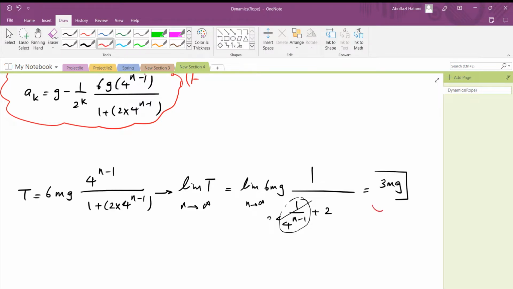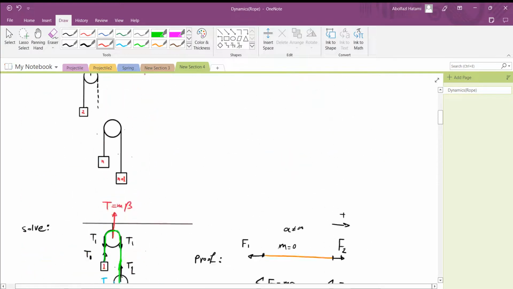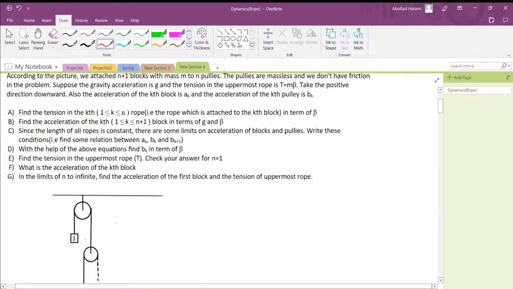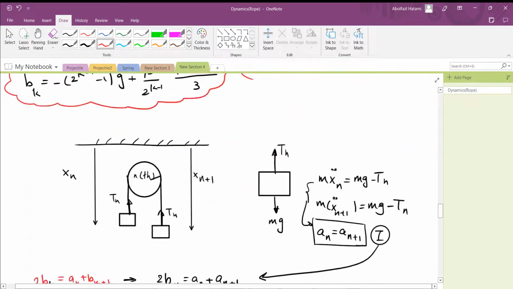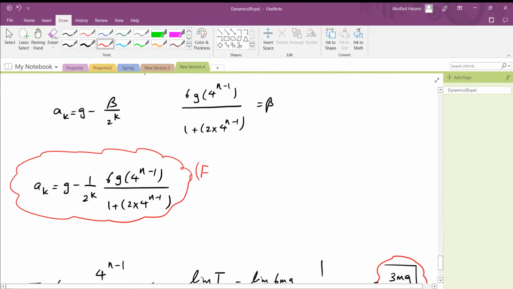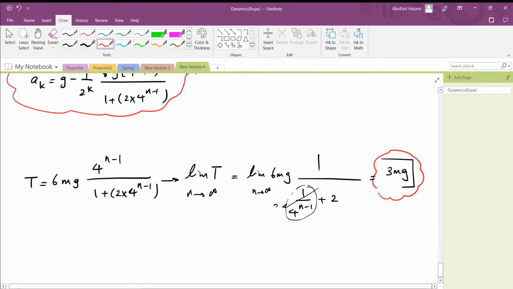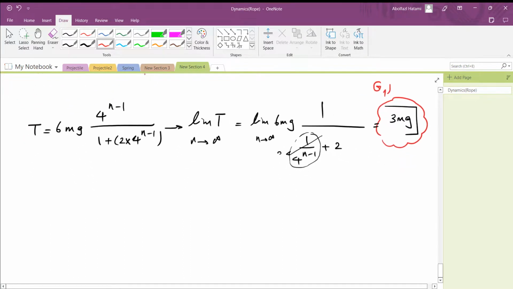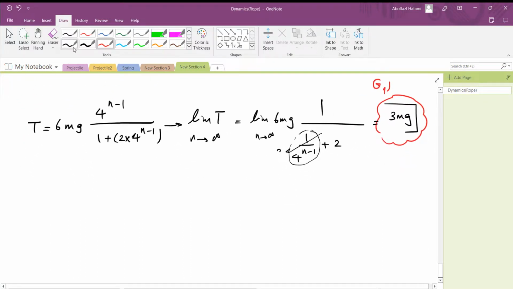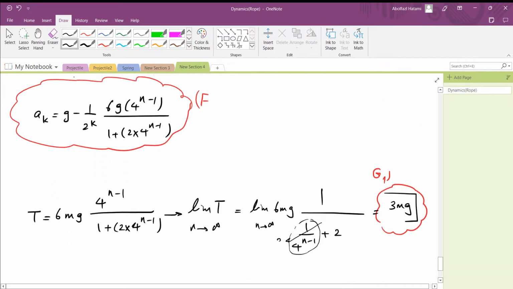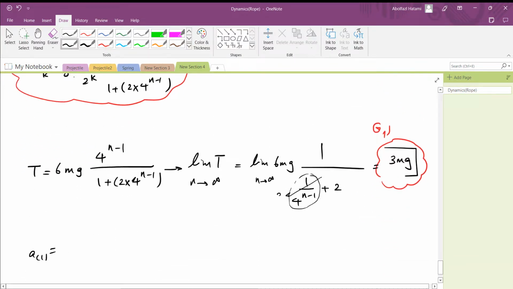Let me call this g1. The acceleration of the first block, a1, is g minus 1 over 2